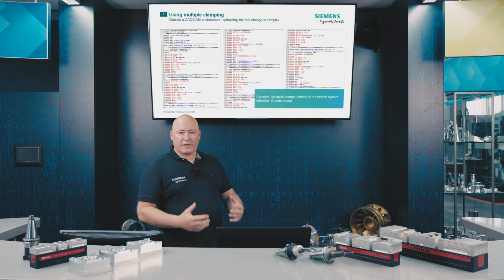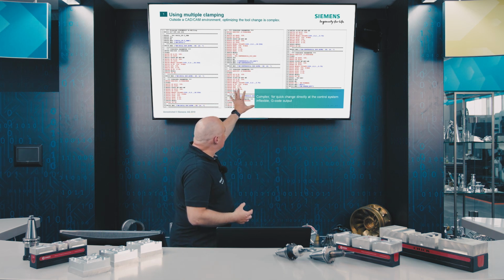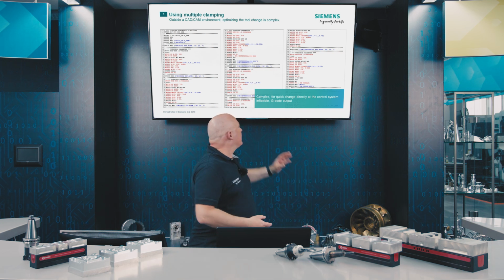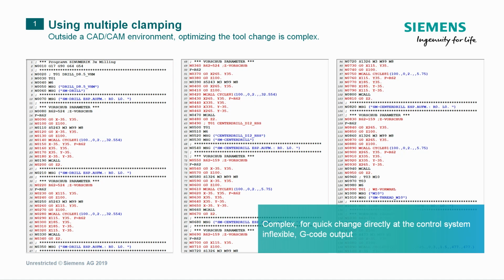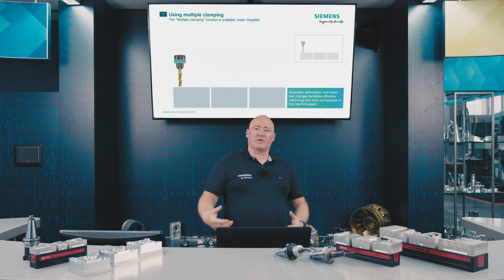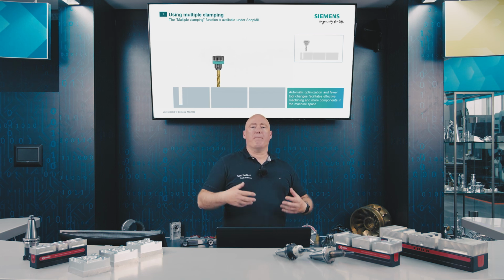One way in which this effective variant can be implemented is output from a CAD/CAM system, and the output in the G code will then yield these program sequences. It is therefore easy to imagine that any modification outside of the CAD/CAM environment is extremely difficult. The function for implementation of this effective manufacturing variant in Cinemeric Operate is the multiple clamping function.